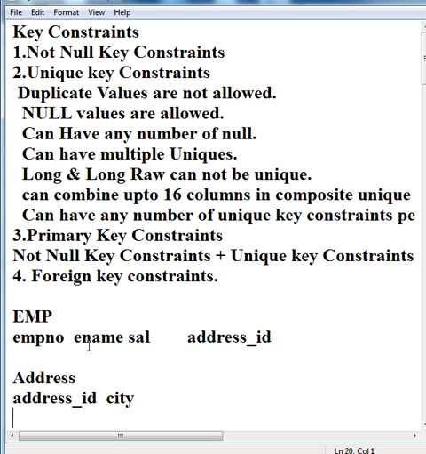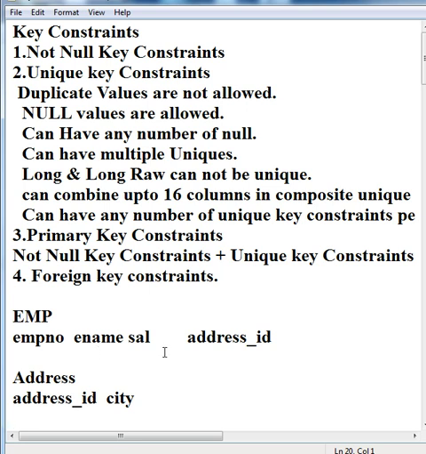So we have to look here at the e name of the employee, and here at what the city is. If the city is Mumbai, here we can see what the address ID of Mumbai is. And if the address ID is 1, then we can see the e name whose address ID is 1.